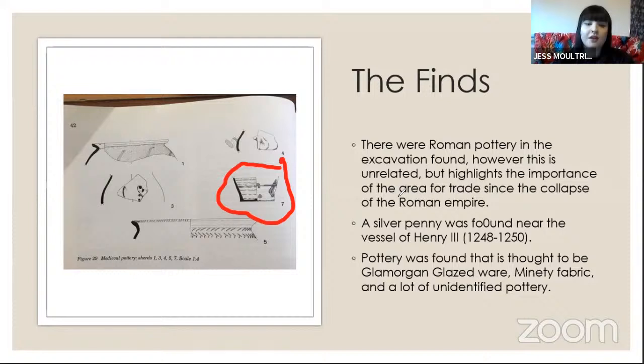Here we're seeing that from the Bristol area to South Wales is French pottery that is coming over. But I'm still trying to find if there's any pottery that we can talk about that has gone directly to Wales. So at the moment, if you're going to go off this piece of evidence, Wales is indirectly trading with France. And then